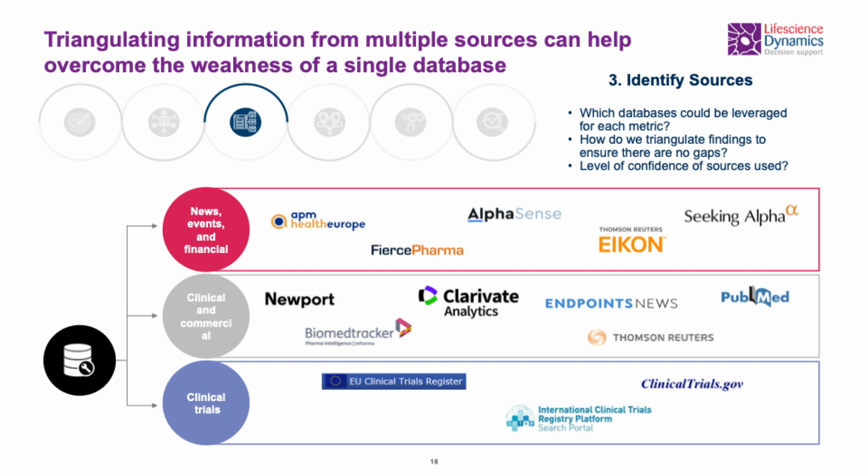Please note that this is not a comprehensive overview of all databases that exist, because of course there are hundreds. But for instance, they can be stratified as databases that inform you more on the news, particular events, or the financial situation of companies. These include Pharma, Lifescience, or Seeking Alpha, which may be really important to understand company strategy. For instance, when the company mentions when they plan to launch an asset or when they plan to file,